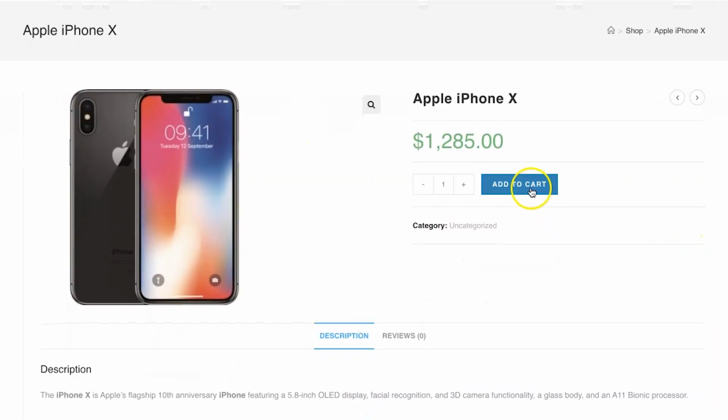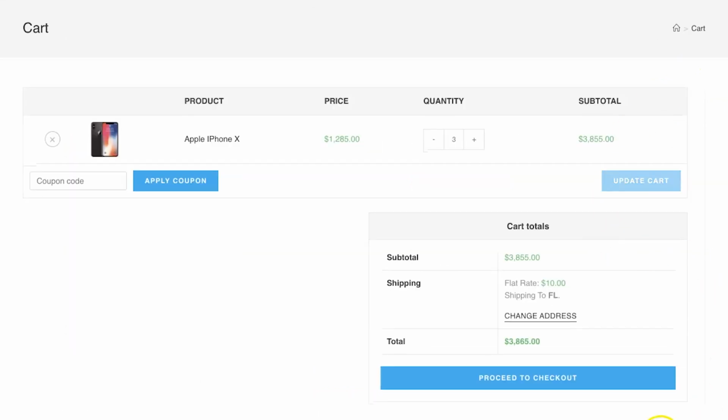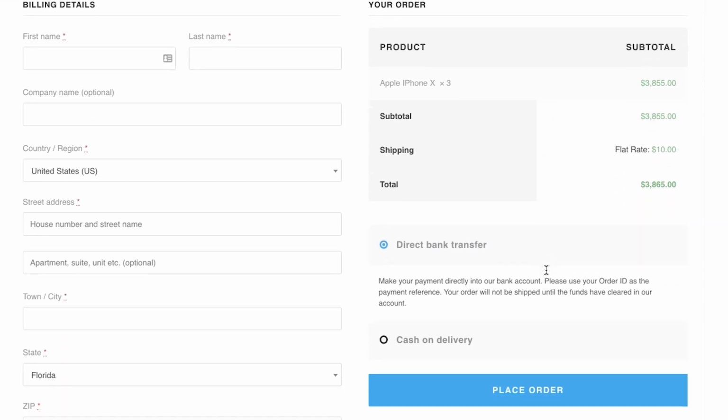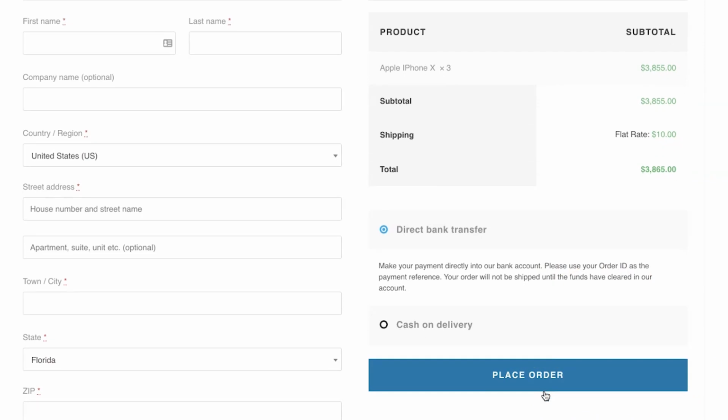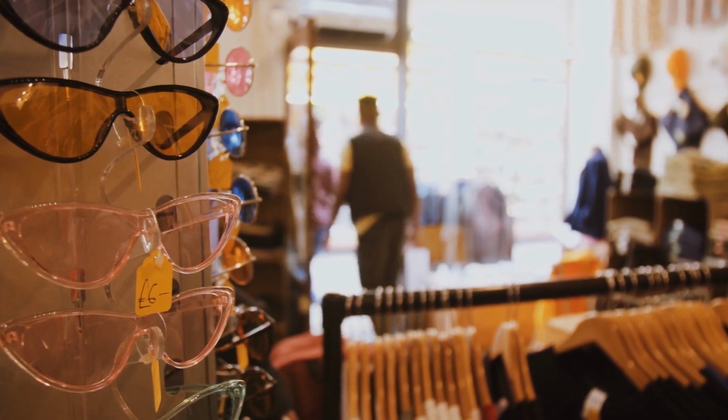So they start the journey on the product page by clicking on add to cart and then view cart. On the cart page, they click on proceed to checkout, and finally on the checkout page, we expect them to fill out this bland checkout form, and then they finally click on place order. So the number of people who started the journey on the product page and the number of people who completed the journey on the thank you page, there is a vast difference between these two numbers. As you can imagine, there are drop-offs at every step of the way. A WooCommerce one-page checkout helps reduce that gap by streamlining the purchase process.